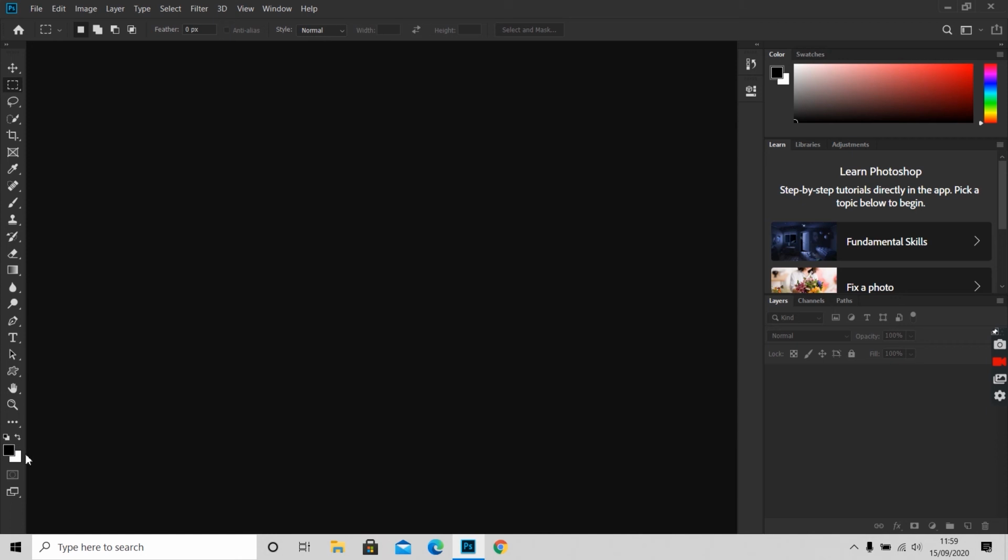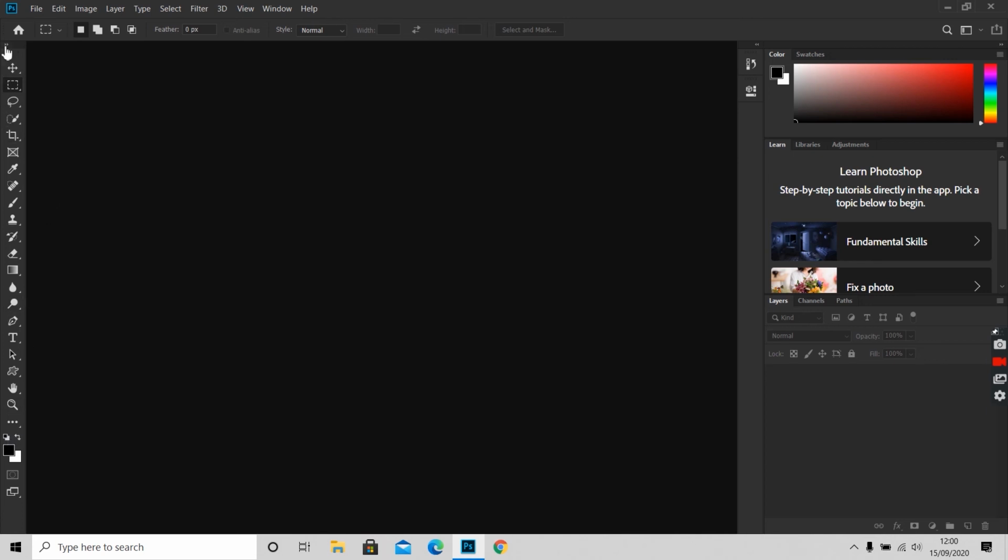These are the foreground color and the background color. At its top, we have a small arrow-like icon. This icon swaps the foreground color and the background color. For swapping the colors, we should click this arrow. This is the default color icon. It will set our foreground color as black and the background color as white. As we have not changed any color, we can't see the change.